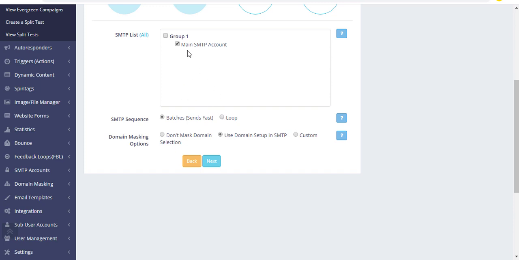In the case of loop, if we have 10 SMTP accounts, the first email will be sent from the first SMTP, the second mail will be sent from the second, and the third will be sent from the third, and so on. So the 10th email will be sent from the 10th SMTP, and the 11th mail will be sent from the first SMTP. So in this case, loop works. But right now we have only one SMTP account, so we just leave everything checked, and